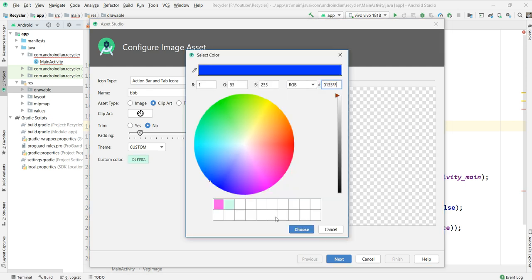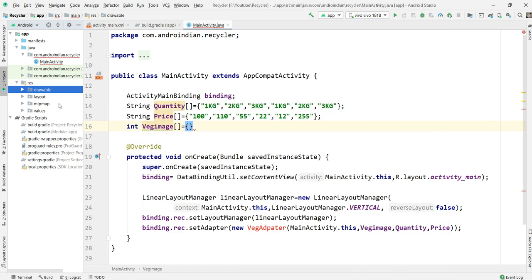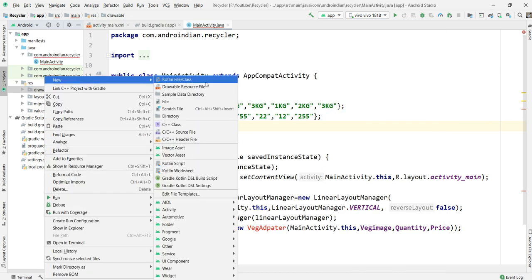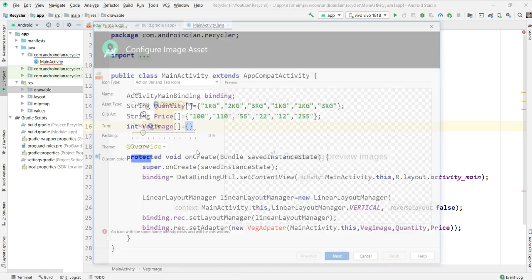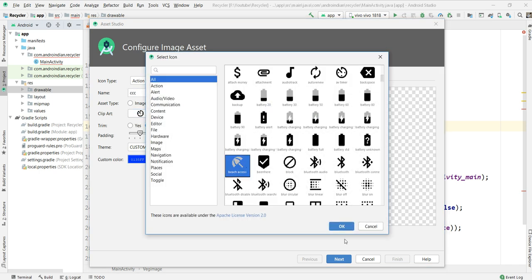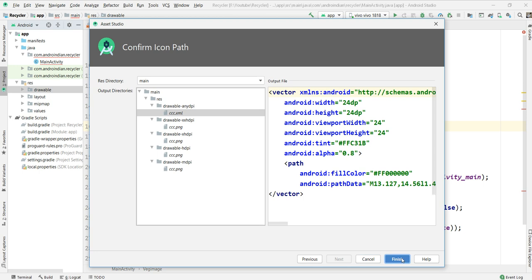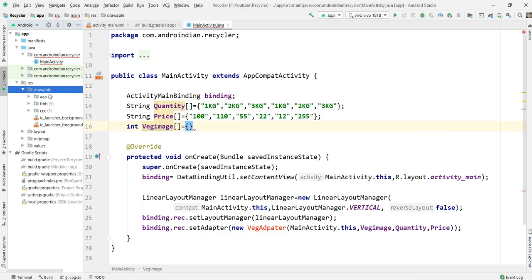I'll take one more image. About this image asset, we have a separate video explaining clearly why we take it like this. There you can check the details. So here I took 3 images, and those 3 images should be here.